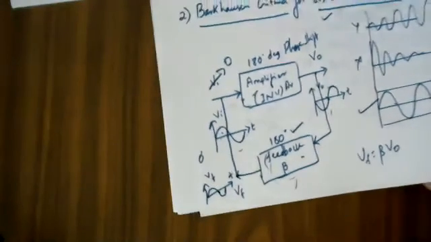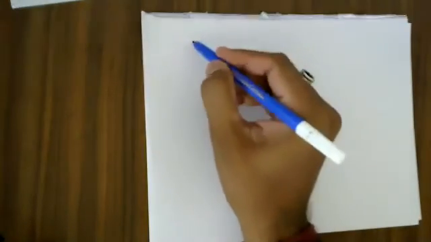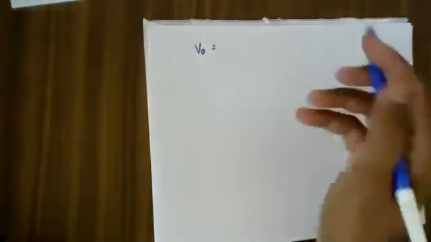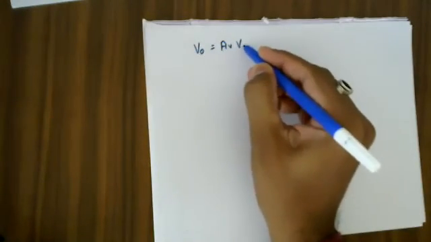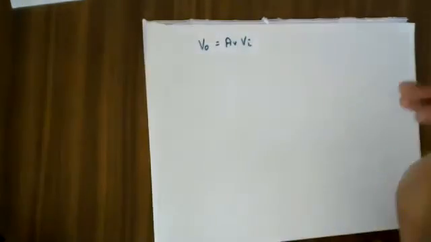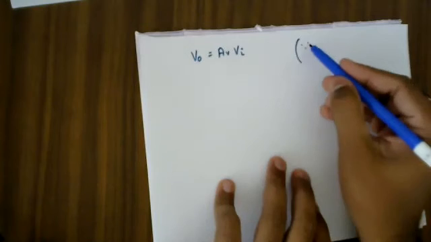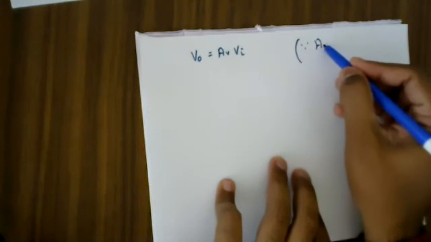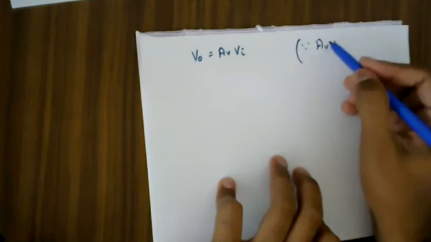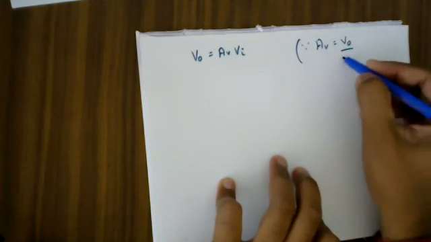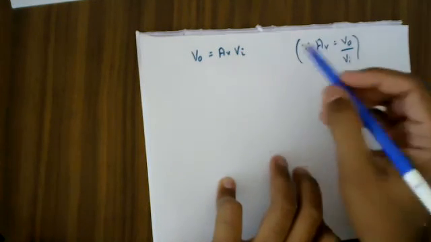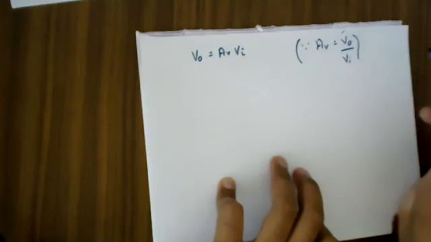So now, if I want to make people understand the topic with mathematical equations, then I can write the equations over here, saying that my output voltage V out is defined as AV into Vi. I'm just writing this equation from my equation of voltage gain. I hope you are able to understand this, because I intuitively know the equation for AV. The equation for AV stands as AV equals V out divided by Vi. So therefore, I'll get my V out as AV into Vi.